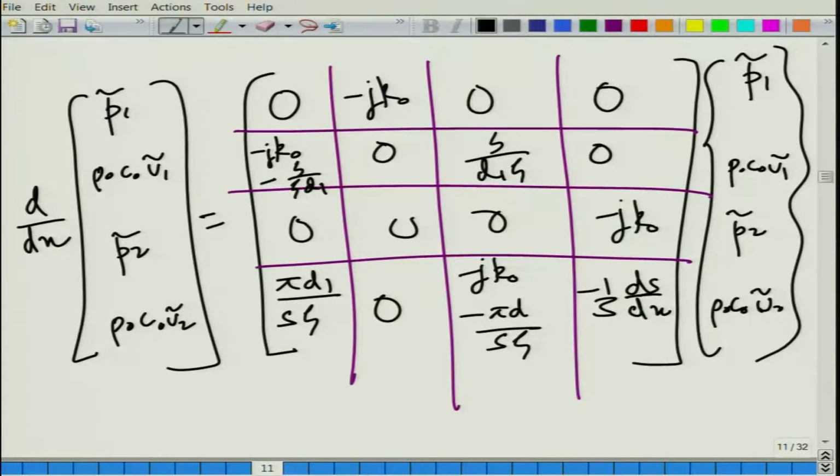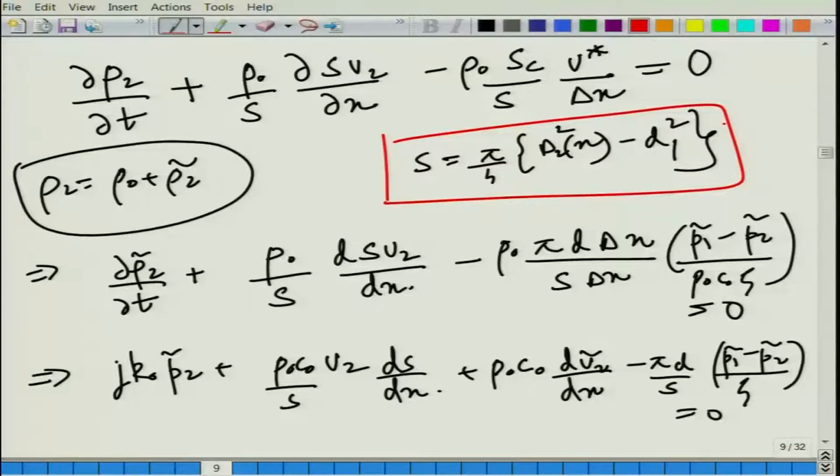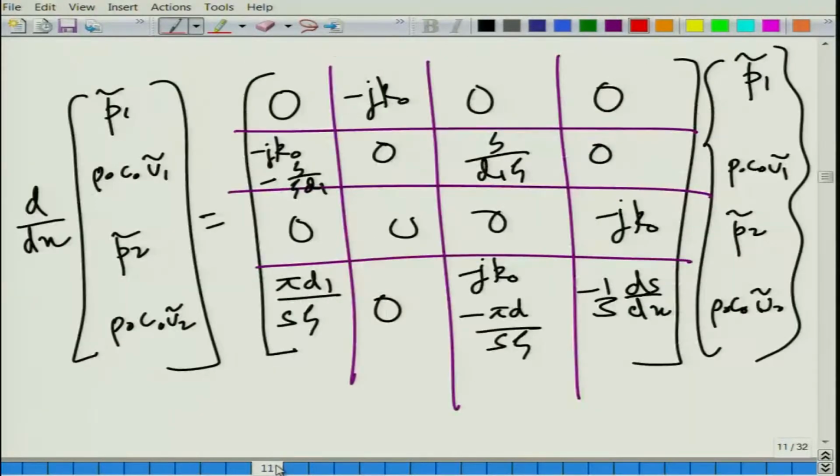So, notice the difference when you have d/dx of S going to 0, which is the case for a CTR, because you remember, let us recall this thing, if d2 is not a function of x, that is outer diameter or radius is constant, then d/dx of S is 0. So, you would end up getting rid of this term, and only S would still survive, and S would be d2 square minus d1 square, and there will be a factor of pi by 4.